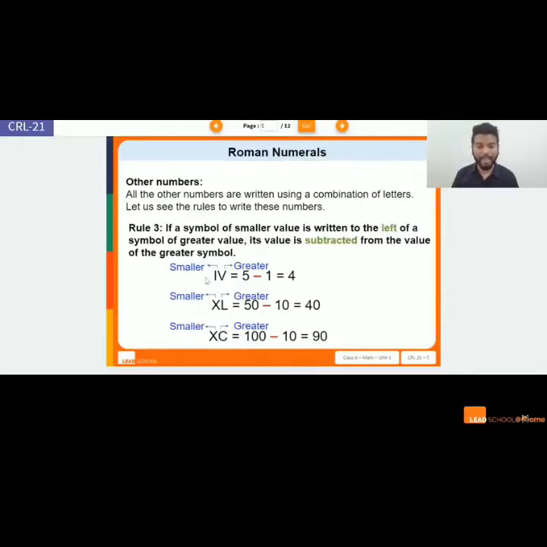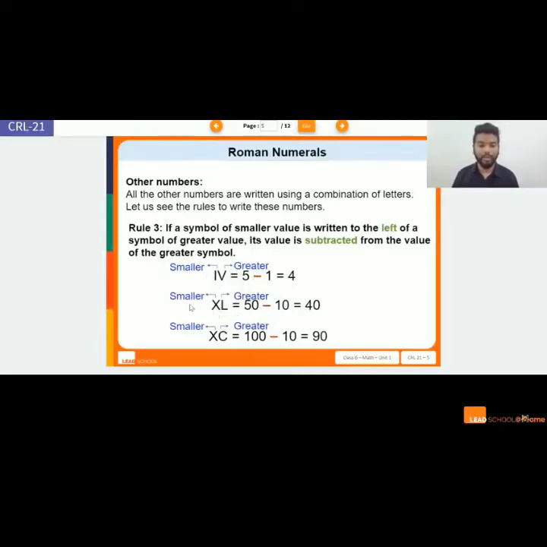This is how we write 4. One good example to observe this is 4, 9. Yeah, you look at all of that, you will clearly see, I and X, that is 1 less than 10, I and V, 1 less than 5. Similarly, if you look at 6 and 11, you will see the difference of rule number 2. Okay.